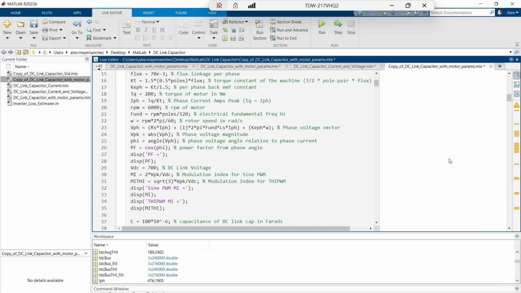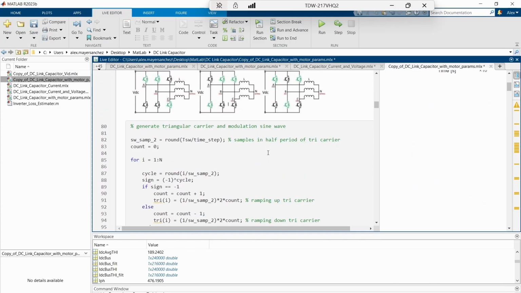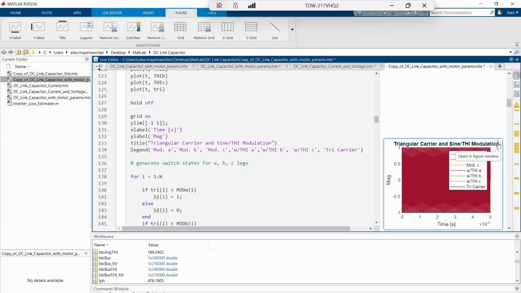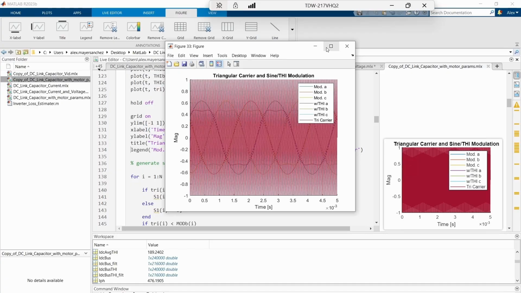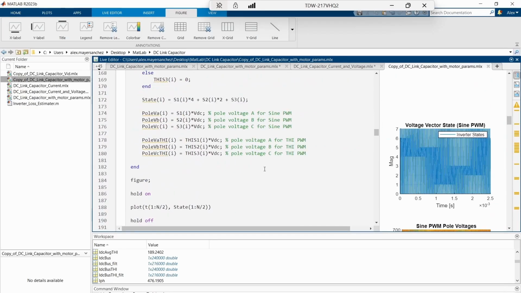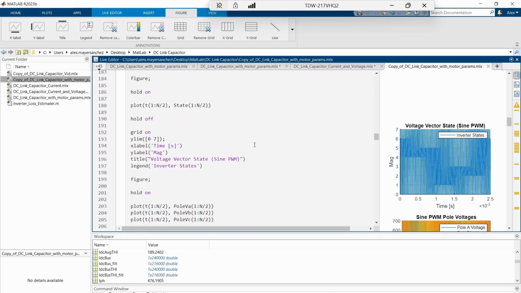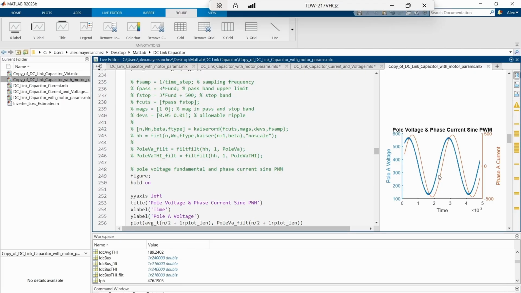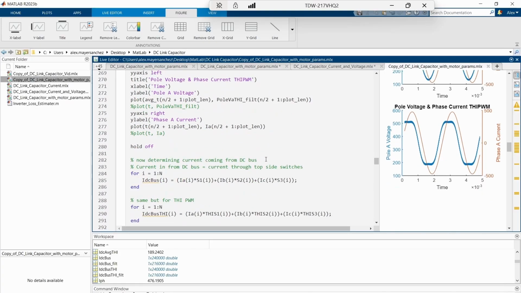So here we have our phase currents, and here we're calculating the switch states based on the modulation index and the switching frequency, similar to the first video. And then we have the voltage vector states, and then we have the pole voltages unfiltered, and here you can see this is the pole voltage once it's been filtered for sine PWM. This is the pole voltage for the phase voltage, or the pole voltage